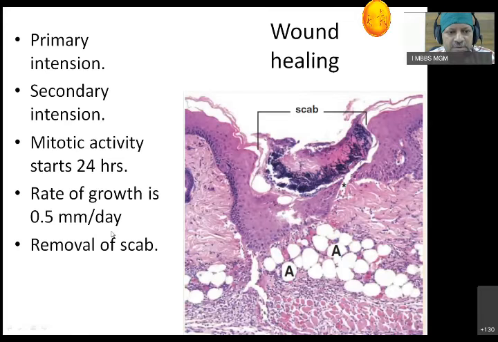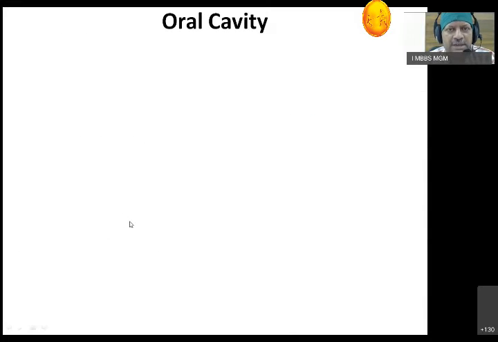Now, with this, we will move to the modification of the skin, and a few parts, that is the oral cavity. Why the oral cavity? What will the oral cavity have? Any idea? It has a stratified squamous non-keratinized epithelium. Why stratified? The reason is that the oral cavity may get raw food. We have to chew it, and there is a lot of friction. So right from the oral cavity up to the upper one third of the esophagus, that is what we have to remember. The epithelium is stratified squamous non-keratinized epithelium. This is the word you have to always remember.